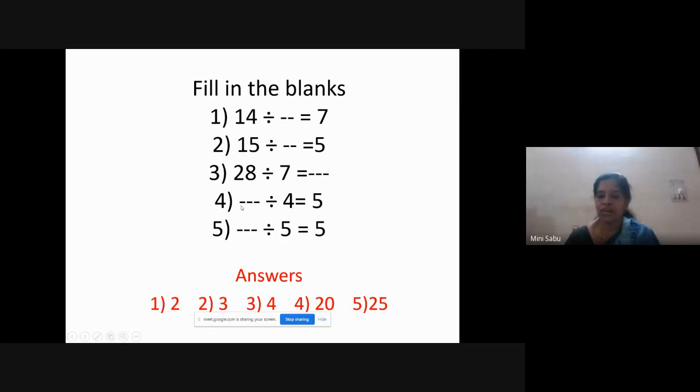Next is question number 4. This type of question I discussed already earlier. Maybe you are remembering. If not, once again, listen carefully. If you have to find out this number, you have to multiply the given two numbers, 5 and 4. 5 4s are 20. See the answer? Answer is 20. And you know 20 divided by 4 is 5. Next, similar question. In such question, I told you have to multiply these two. 5 5s are 25. 25 divided by 5 is 5. Okay, see the answer here.